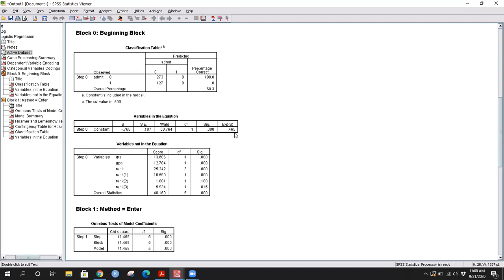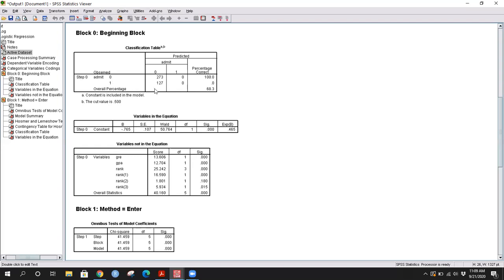So how would you calculate this when all other independent variables are taken to be 0? This is just from the data. So 127 people are right now admitted and 273 are not admitted. If I were to ask you to find out the probability of getting admitted by looking at the data in absence of any independent variables' influence, that would be 127 upon 400. So that's the probability of a student getting admitted right now. And 273 upon 400 would depict the probability of a student not getting admitted.